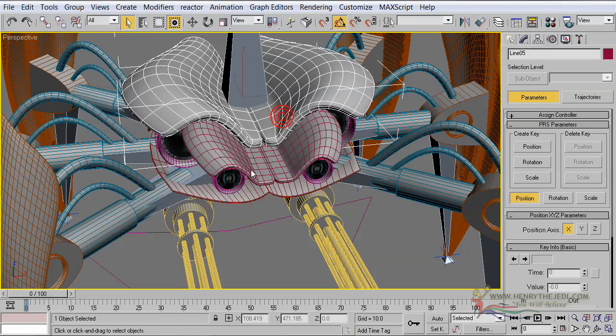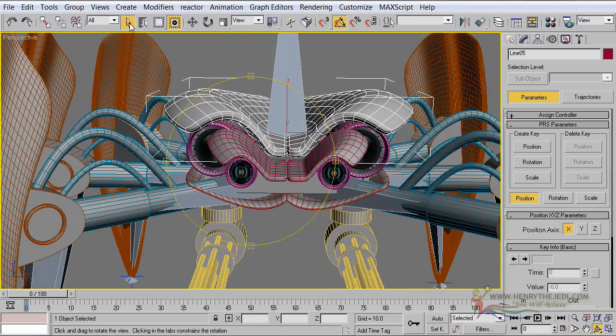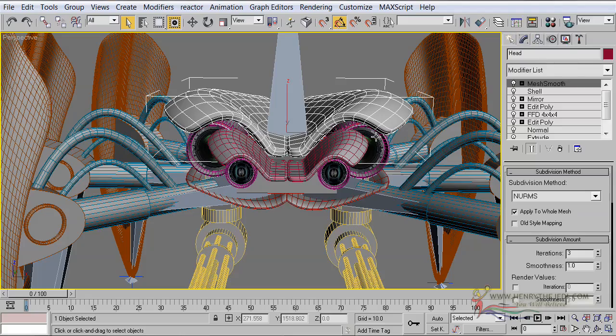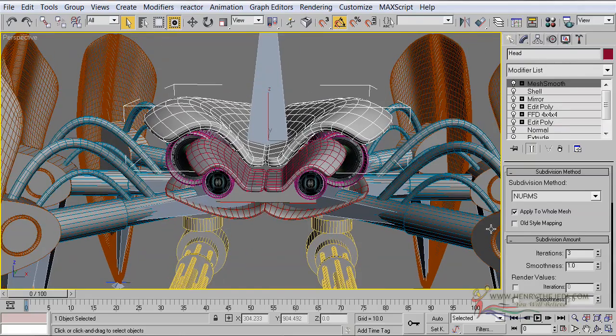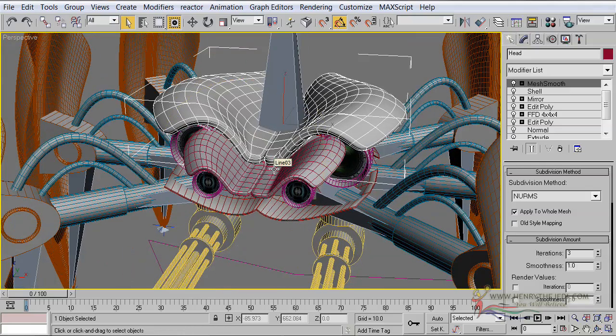Oh yeah. Okay, let's do the following now. We're going to begin to name things to what they should be. Let's start with the head, of course, so we can rename the line here to head. Okay, go to the modify panel. You can see clearly we actually have come quite far with it, and we're ready to begin to collapse